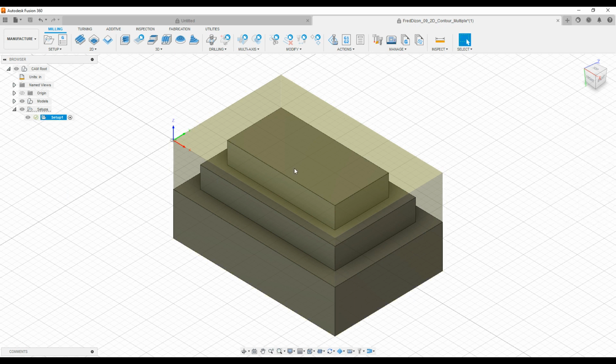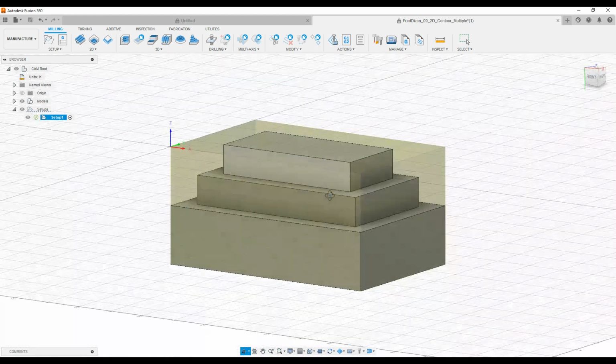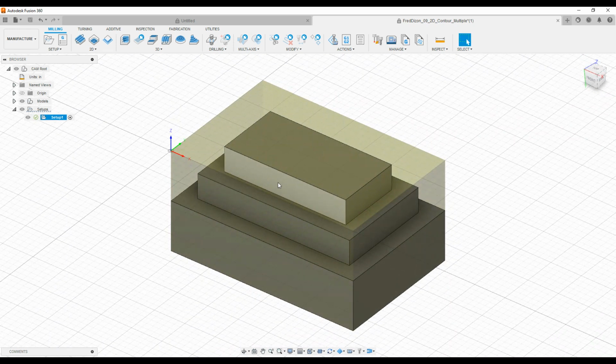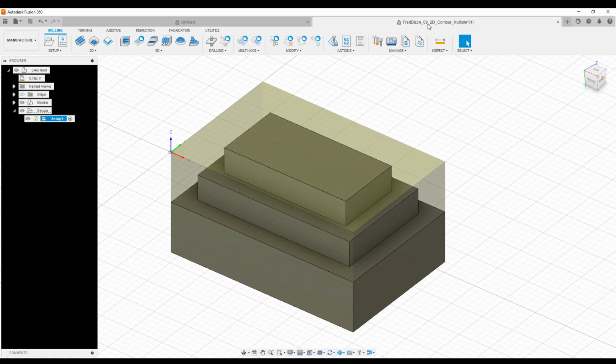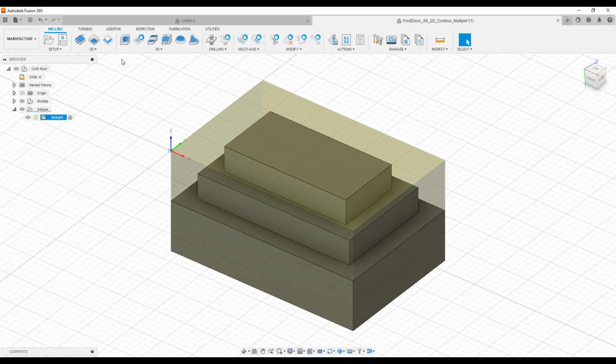Click OK. All right, so for this one, I'm not going to show you a video, but I can give you a few hints on what to do. So you have two contours, this one and this higher depth, and then you have the bottom one, the deeper one. Okay, using the method that you learned from number 8, you're gonna do the same process, the same settings. You're just picking the correct